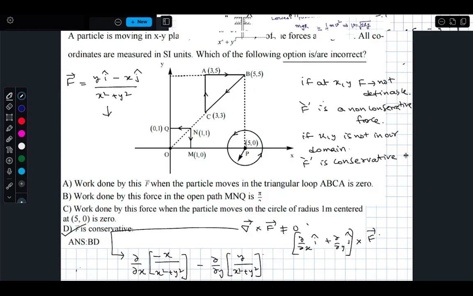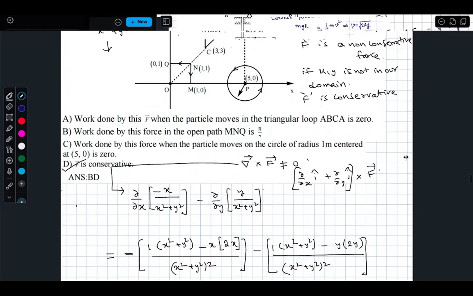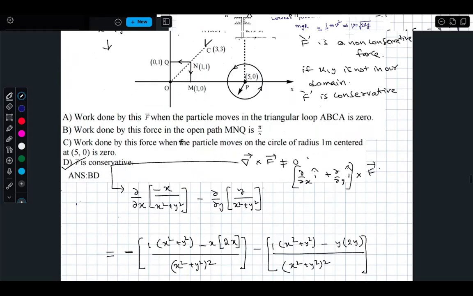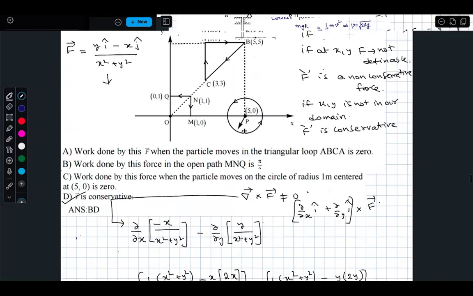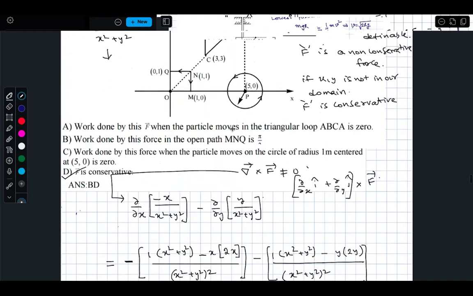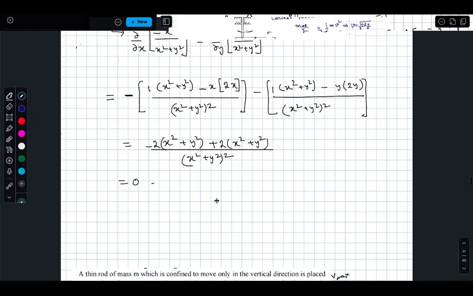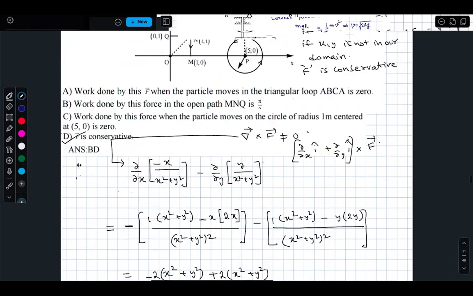Got the point? Therefore, that is the problem. Next, apart from that, rest all it is a conservative only. So which clearly implies work done by this force in the open path MNQ is. Now we will define that also. Now you take first